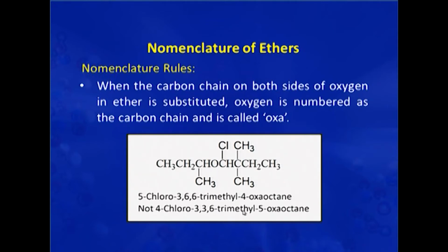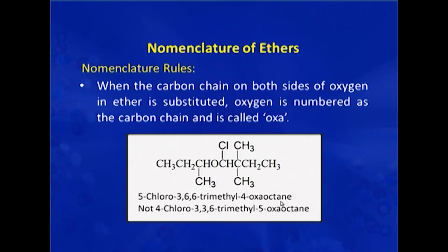So, we will simply name the molecule as 4-oxa-octane, showing that in the octane molecule at position 4 we have oxygen. Now, we have to give nomenclature to these substituents. Here you can see that this is a methyl group, and these two are also methyl groups. So, the name given to the molecule is